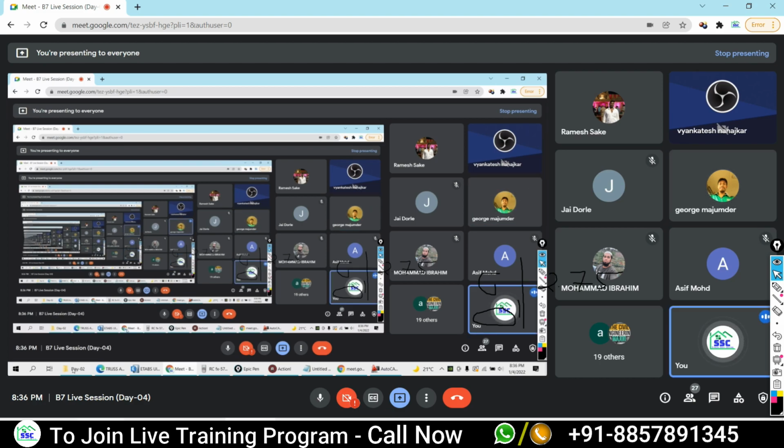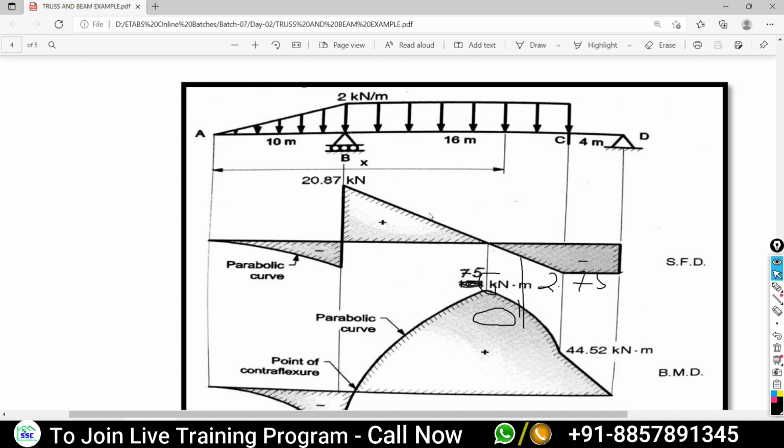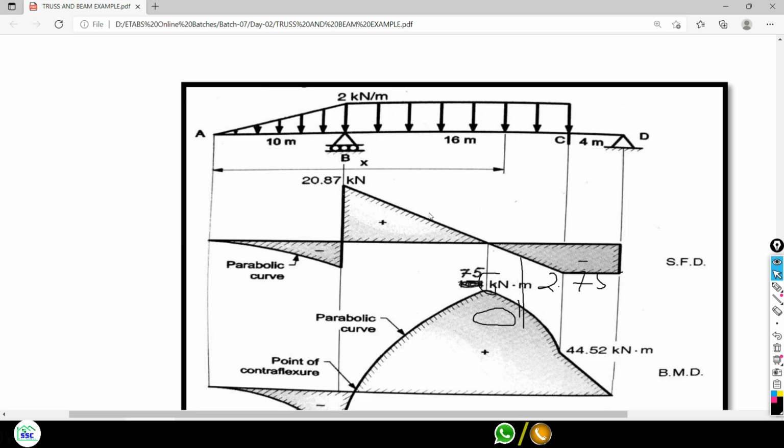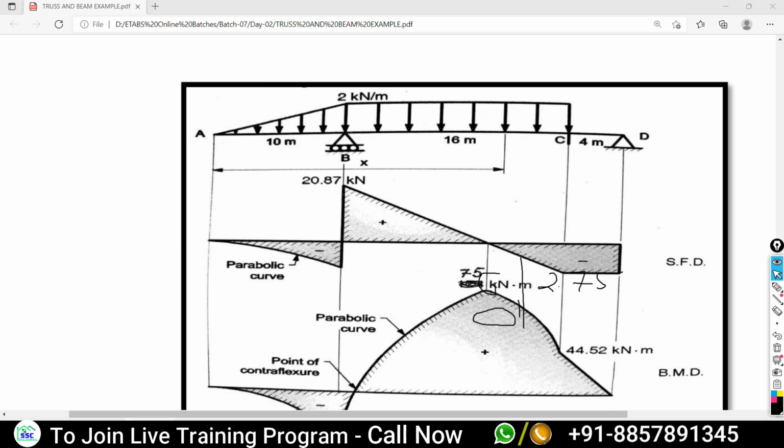I'm asking how many grids are needed to put in the plan. Tell me. Three. Okay, three, sir. Anyone else? 3. Pratik, are you there? 3, sir.